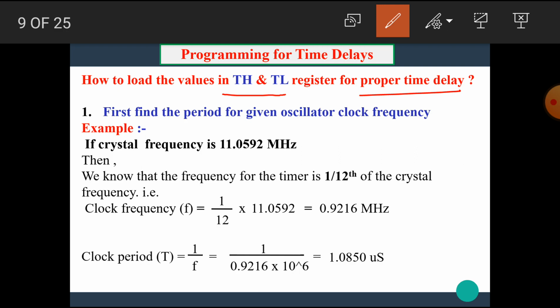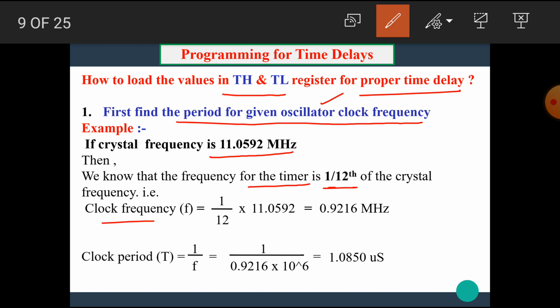First of all, find the period for the given oscillator clock frequency. In each program or in each architecture of 8051 microcontroller, it has the crystal oscillator which oscillates at a certain frequency, which is known as the oscillator clock frequency. For example, if the crystal frequency is 11.0592 MHz, then we know that the frequency of the timer is 1/12 of the crystal frequency, that is, clock